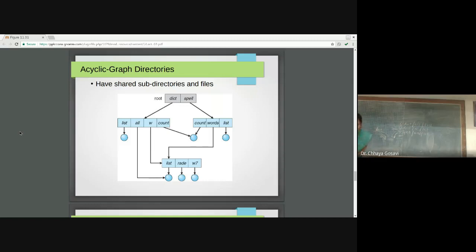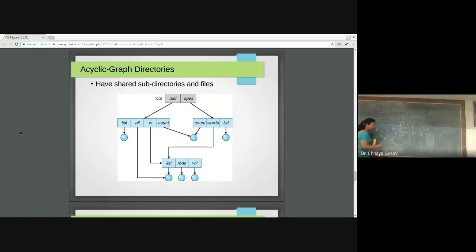And in case of hard links, what does a hard link do? A hard link is not pointing to the file directly. It is pointing to the information related to the file. Initially, suppose there is only one path, so the count is 1. When the file gets created, it maintains a count of 1. When a new path is added, this count becomes 2. And when a third path is added, this count becomes 3.